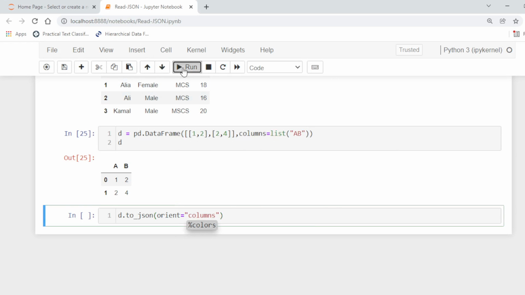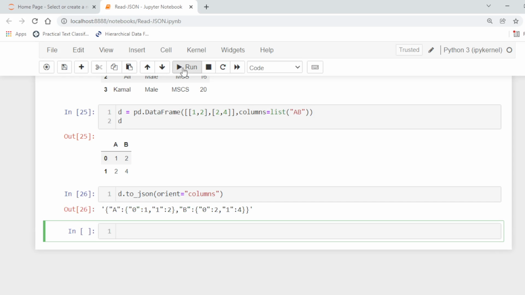So in this way we can produce different formats; this is columns. Here A is the column followed by a colon, and there is index 0. At index 0 the value is 1 and at index 1 the value is 2, and in the B column 2 and 4 are stored at index 0 and 1 respectively.